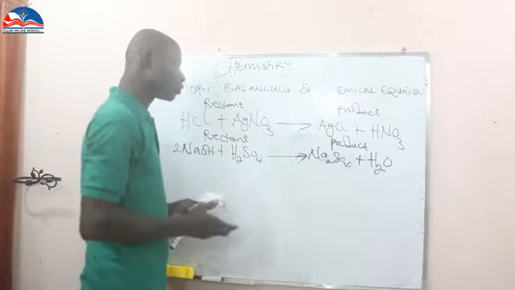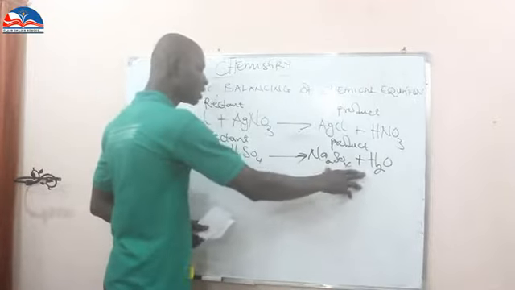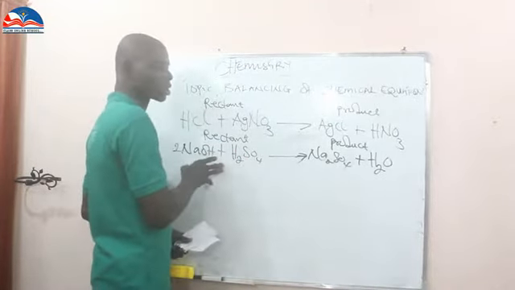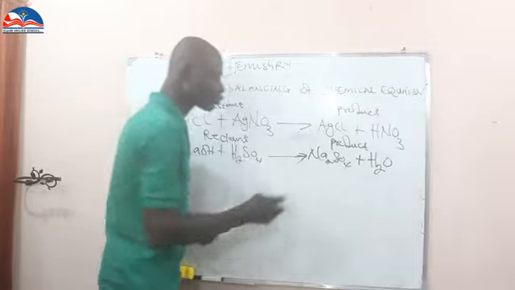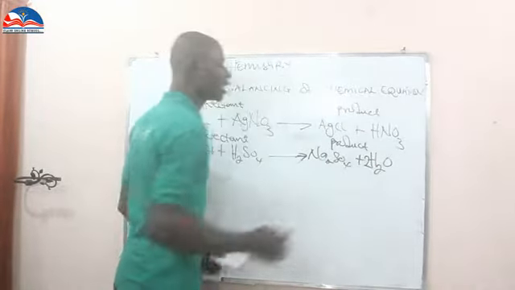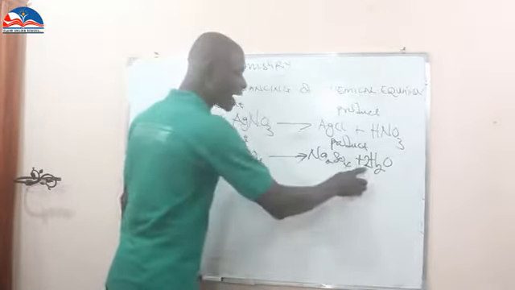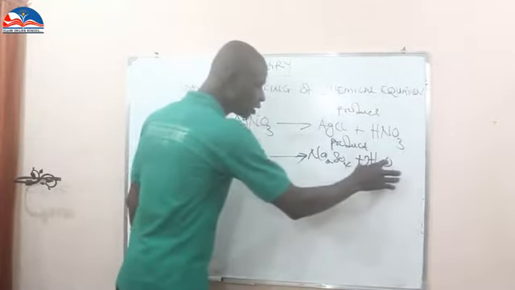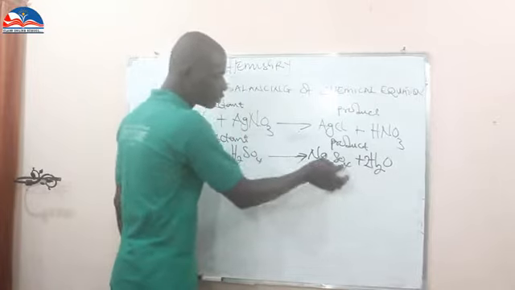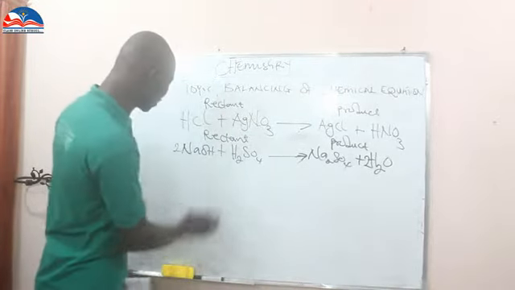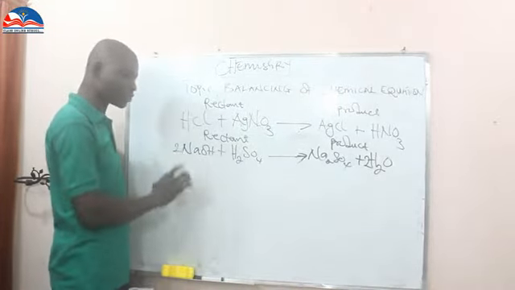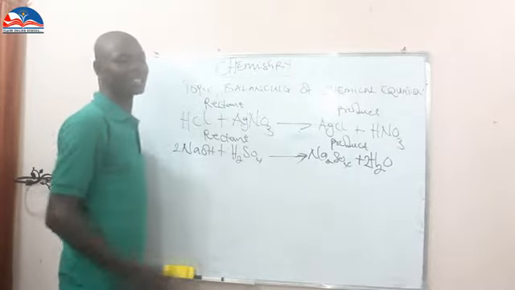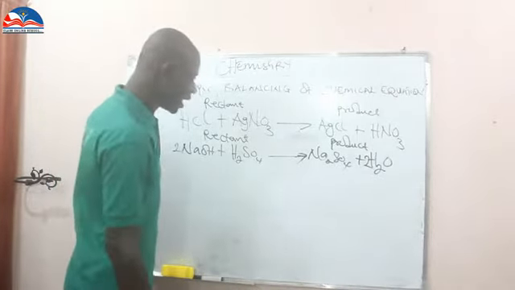So what will I do to make this side 6? As this side of oxygen is 6 in number, let's quickly add 2 here. So 2 times this oxygen, that is 2, plus 4, making 6. And if you check this side, 2 times this oxygen 2 plus this 4, 6. Now it's balanced. Now we check other